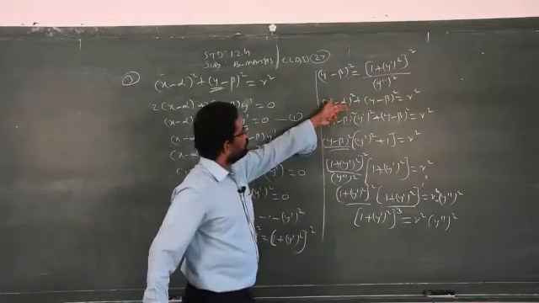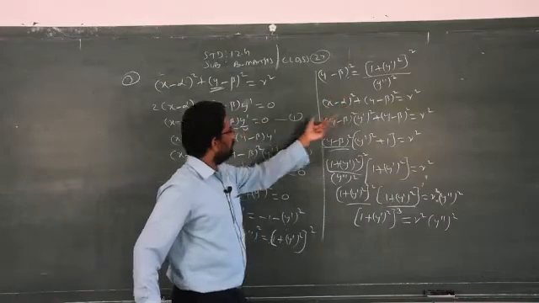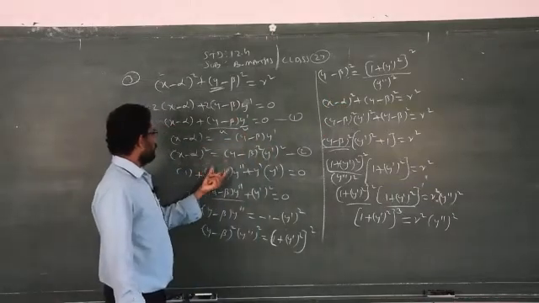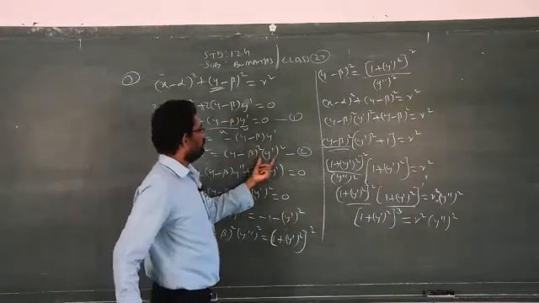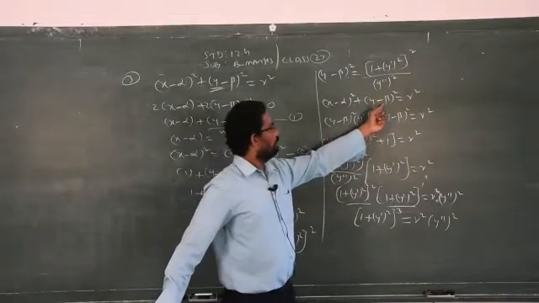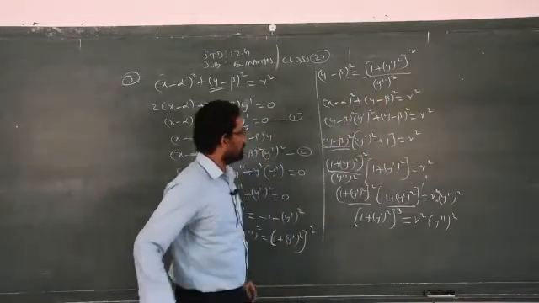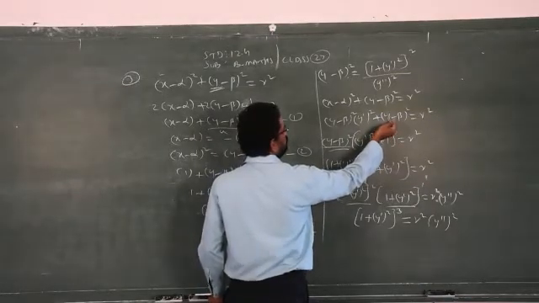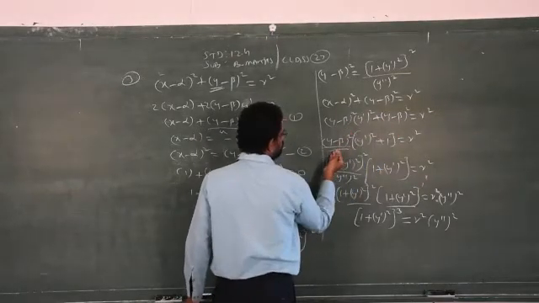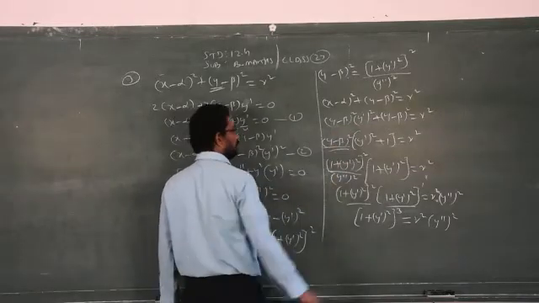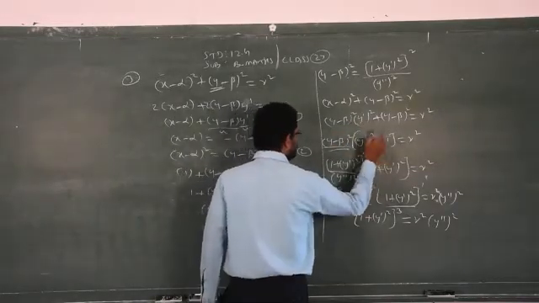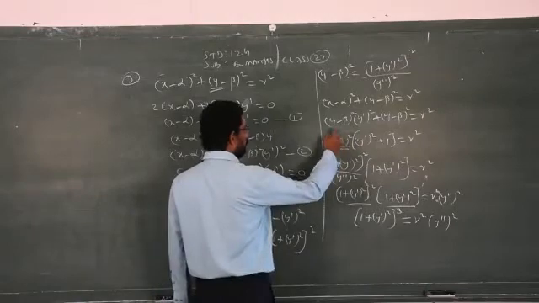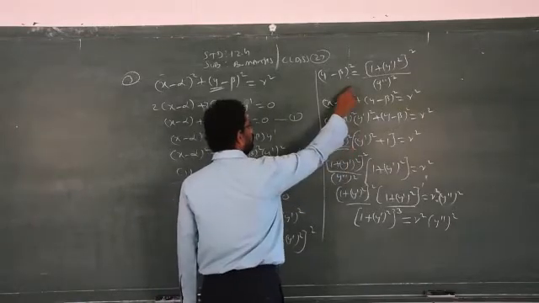Then write down the question. In the place of x minus alpha square, we found already what that is: y minus beta the whole square into y dash square. I keep the y minus beta the whole square as it is. Then I am taking y minus beta as a common factor from these 2 terms. So y minus beta the whole square, y dash the whole square plus 1.